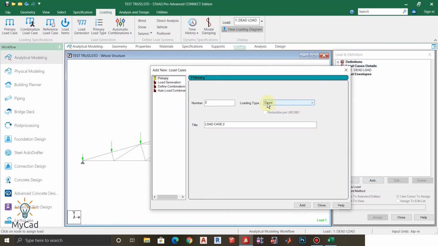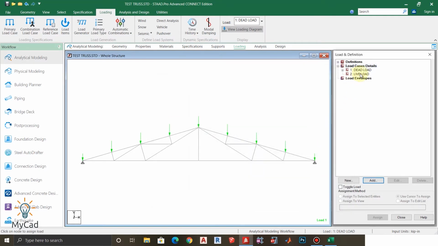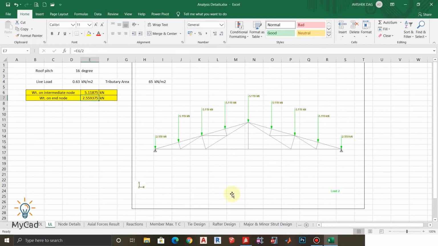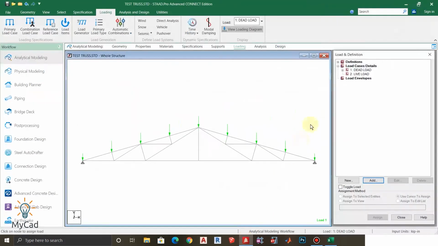From here the loading type will be live load. Just select live, and I'll name it live load. Click on add and close, and here you can see our live load case is now created. And now I'll create the nodal loads under the live load case option.